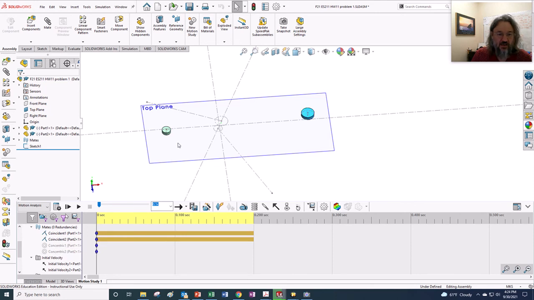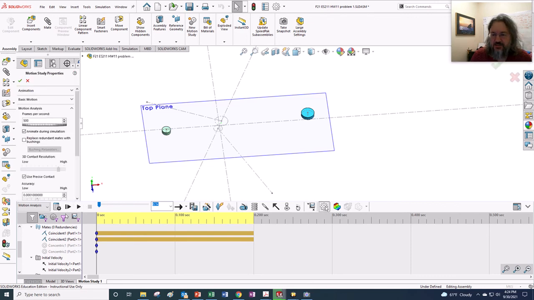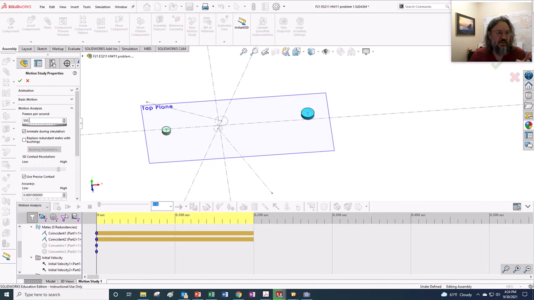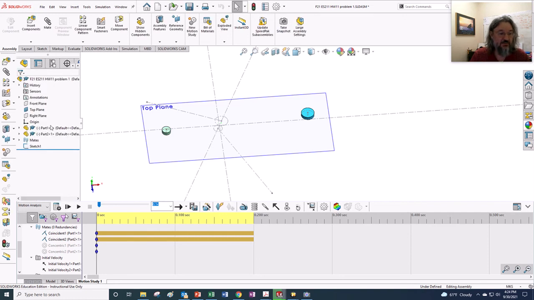All right, so I made the other mates so that it's constrained to be on this table. And then I set, here's other things in case you wanted to try it yourself. I get 500 frames per second. I decided to pick that after I messed around with it. And I also picked a precise contact. All right, so let me see, and we can see,